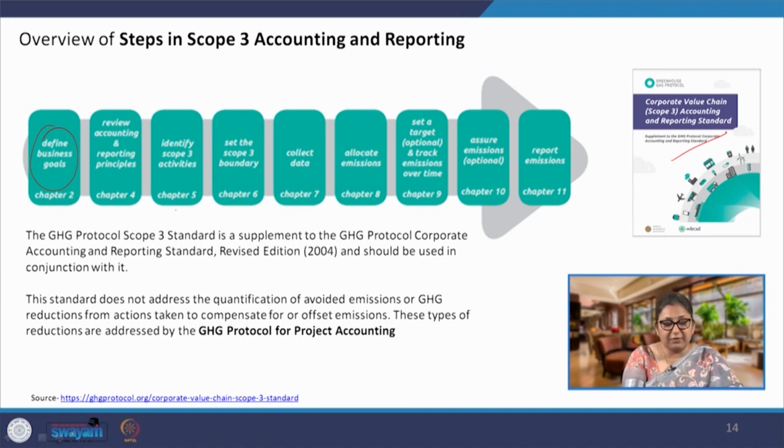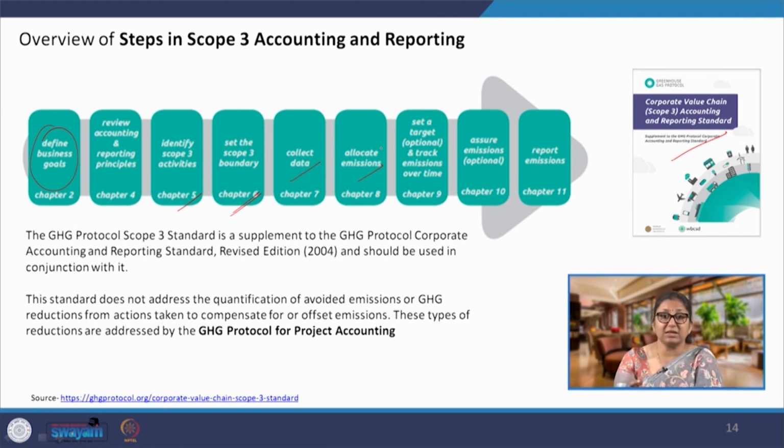After that we are identifying the scope 3 activities and scope 3 boundaries. Before that we are defining the business goals, because the scope 3 activities will actually be dependent upon the goals of the business. What all we take into account in our scope 3 will depend upon the business goals. What all activities can be encompassed, not all, because at the end of the day every business will probably be affecting hundreds of activities and businesses across, but all of them cannot be accounted for. Post that, more or less it is a similar process where we collect the data, we allocate emissions,